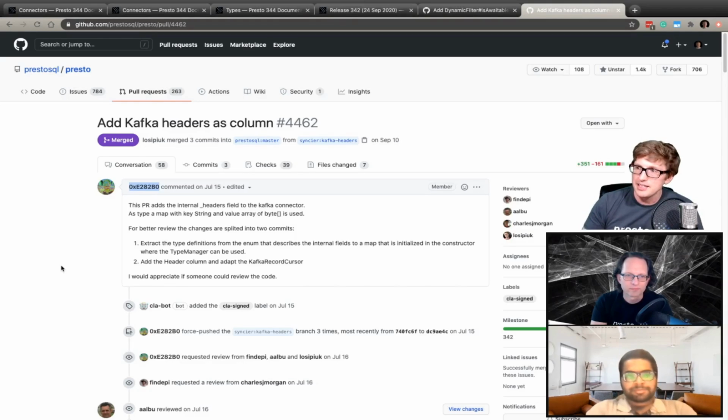What's nice about these headers is you can think about them similar to an HTTP header, where it's just a list of key value pairs that go along with this Kafka message. And it makes it really simple if you're trying to, let's say, route this message somewhere,